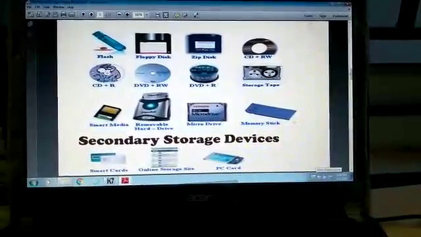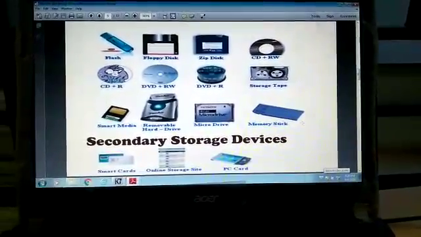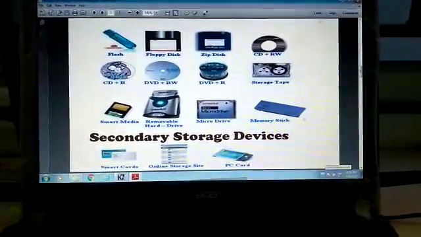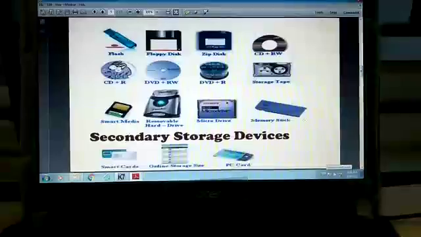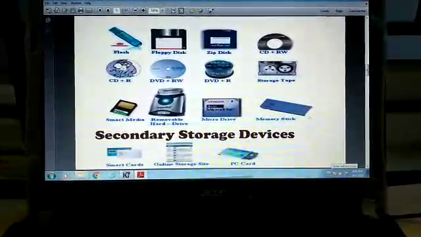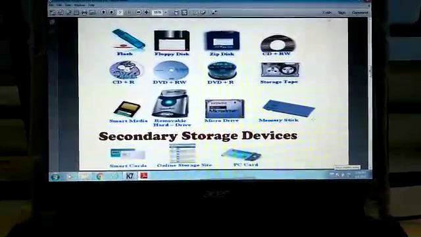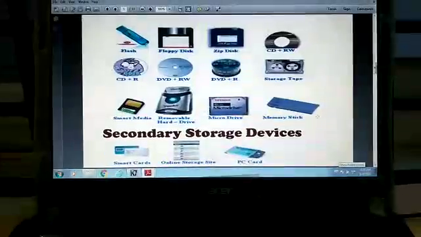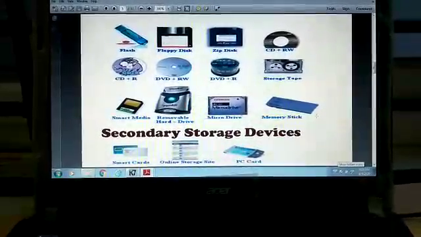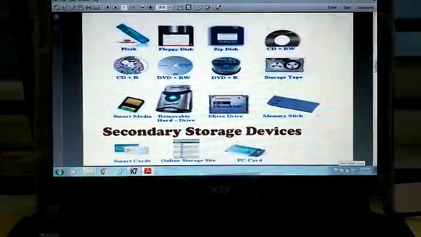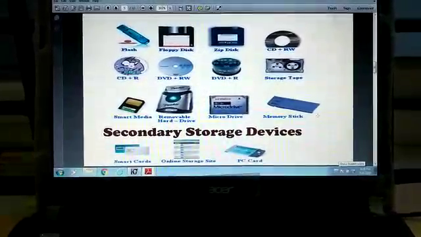What is our storage device, children? Our storage devices are cupboard, bookshelf, refrigerator, school bag, etc. Computer uses various storage devices. It varies in storage capacity even. For example, you can see the picture. We have so many like a hard disk, pen drive, CD, etc.